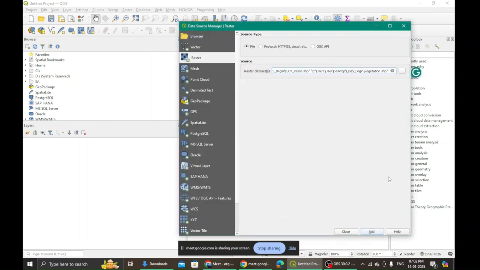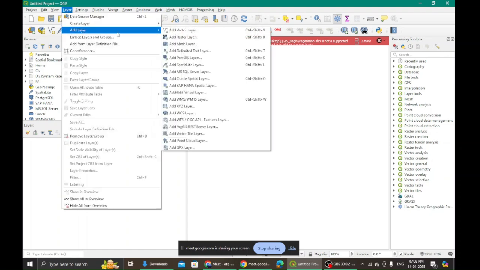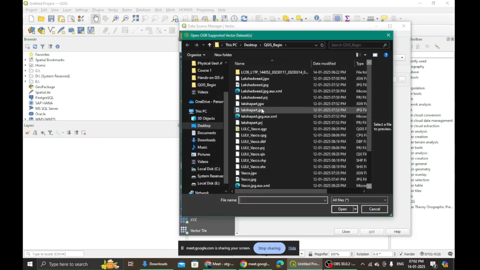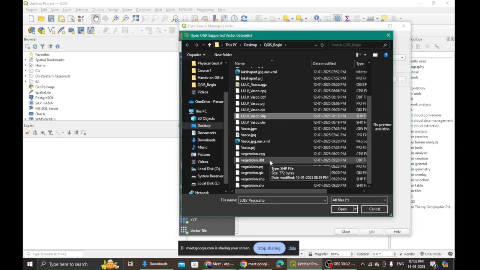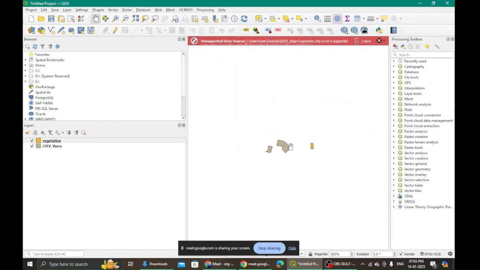I go to add layer, I'm adding a vector layer. What are the vector layers? The vector layers will end with .shp, right? Likewise, I have two. So I open them and I add them. Unless and until I add, they won't be added, and then I close, right? So they have come there.